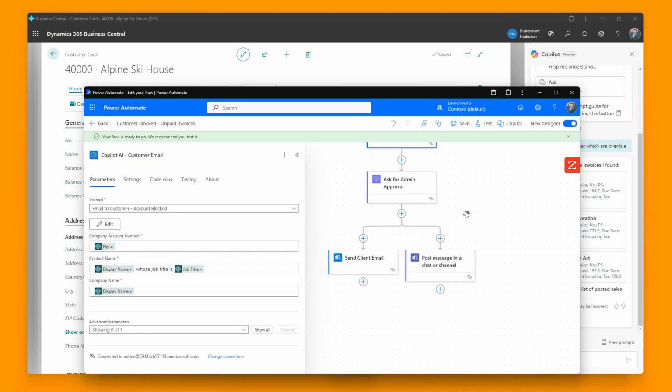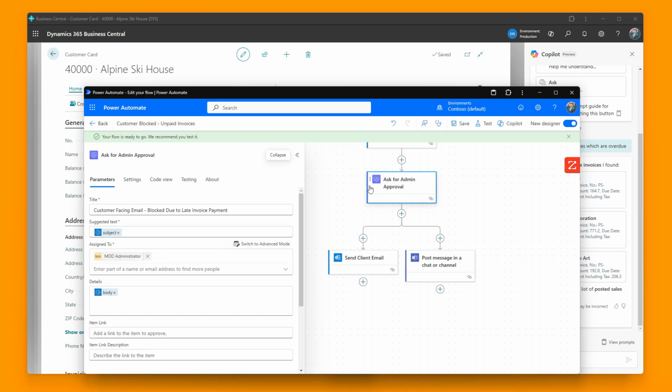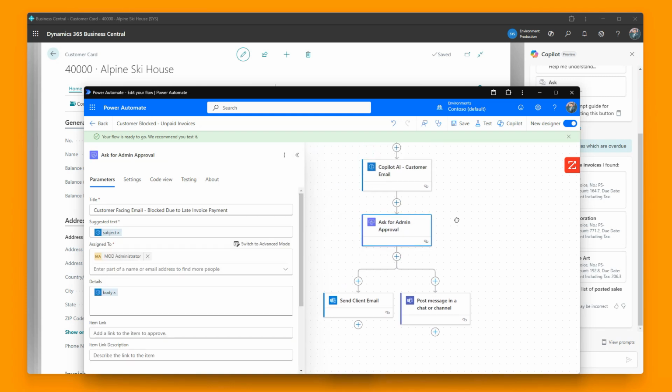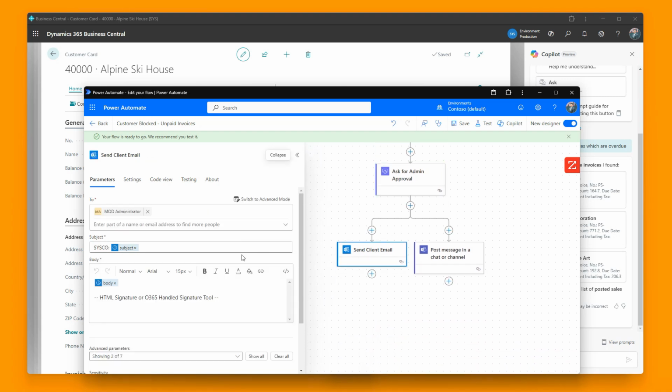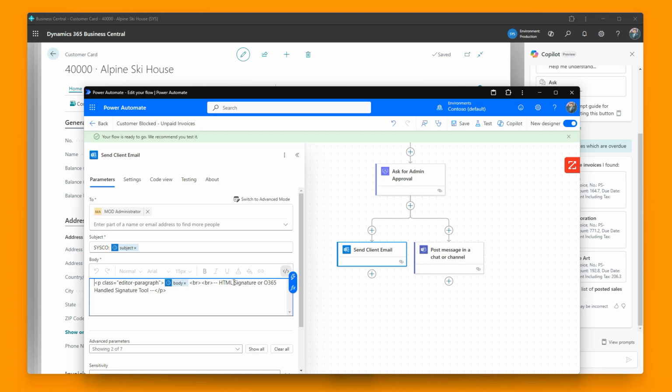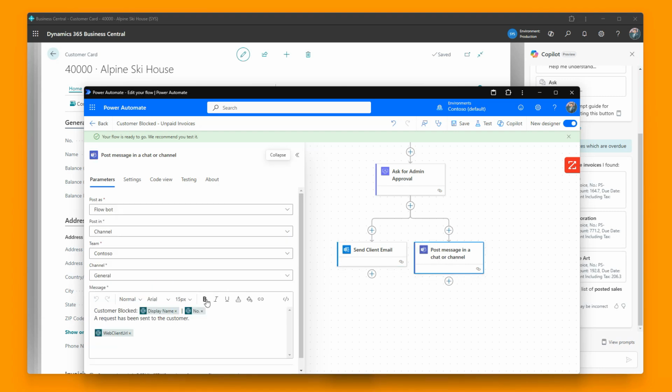The next step is to ask an admin to approve the information. We should do this as a best practice after all AI Builder text generation. Then we're going to send an email to the client. As you can see here, we're in HTML mode. We're not in the other mode. And if you need to, you can include a signature or an Office 365 handled signature below it. And then we're also going to post a message in a chat about the block being put in place. So if we were to run this, then